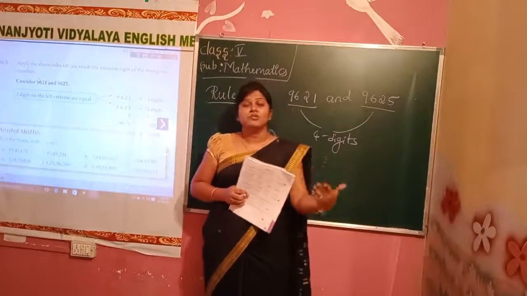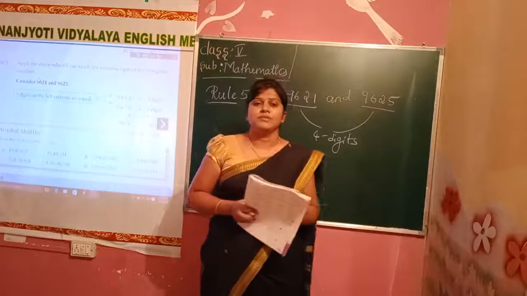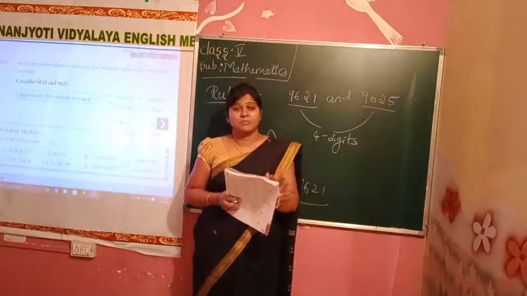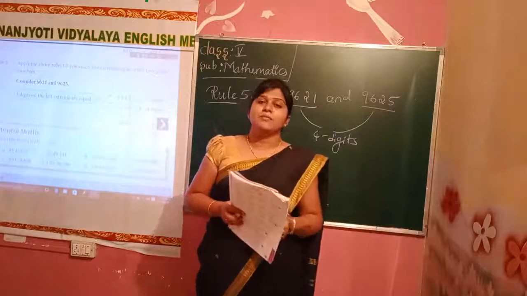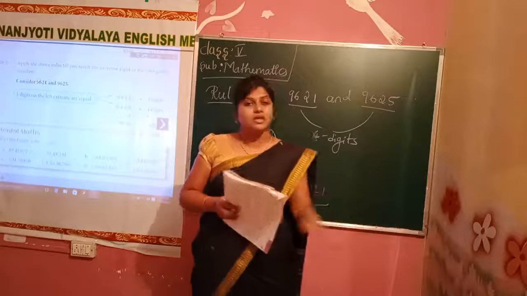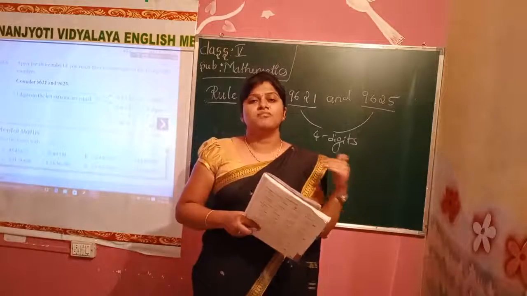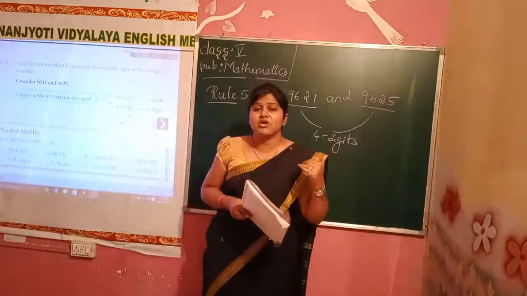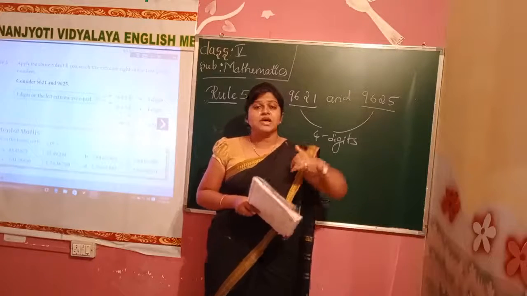When both the digits are same and all the 3 numbers are also same, then we have to see the last number, the lastmost number, and compare the numbers and tell the greater number and the smaller number. Understood how to compare the numbers? This is the concept of comparison.